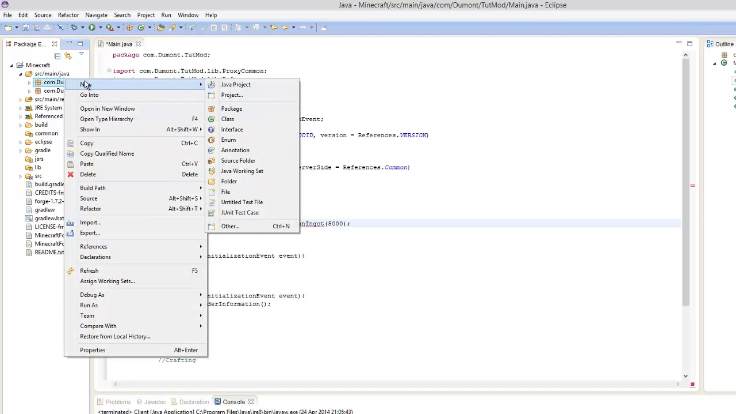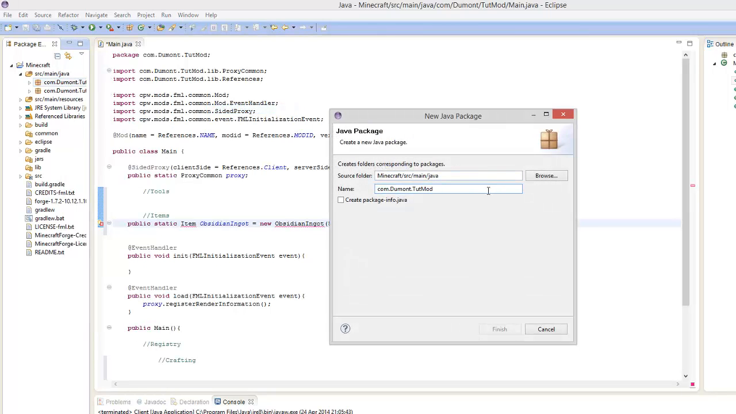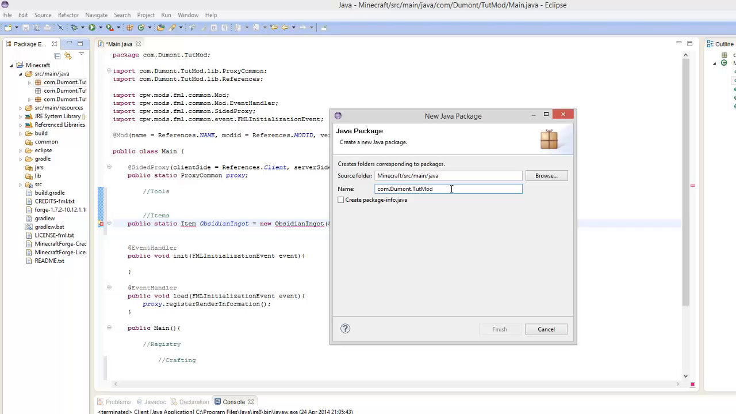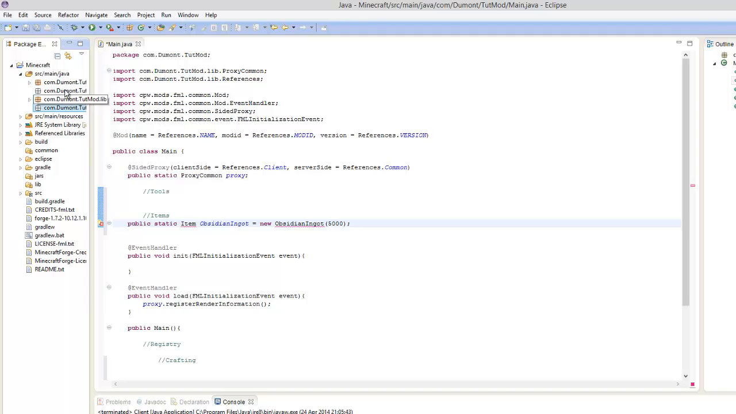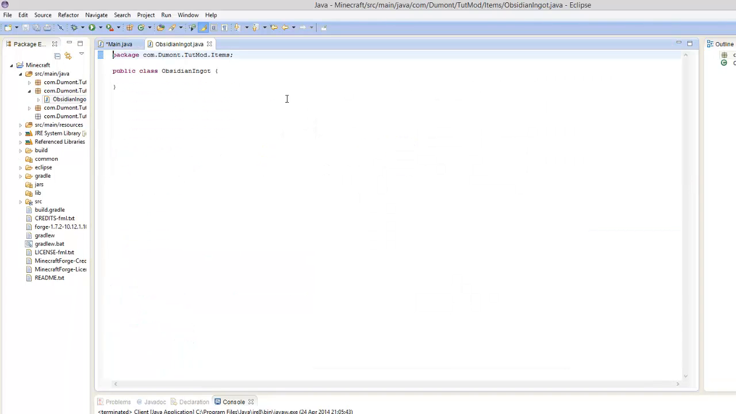So I'm just going to go on to the first package we made, and then new package, and just put dot items. I'm then going to go on to it again, and new package dot tools, like that. But we're not going to use the tools one yet. I'm just going to go on items, create new class, and the item is obsidian ingot. So the obsidian ingot extends Item,